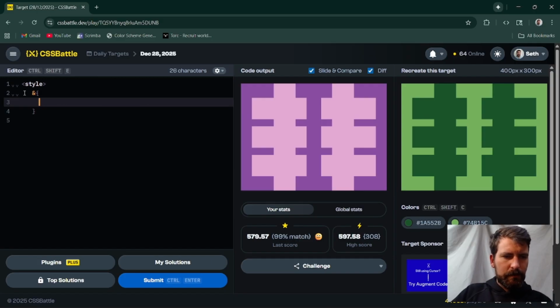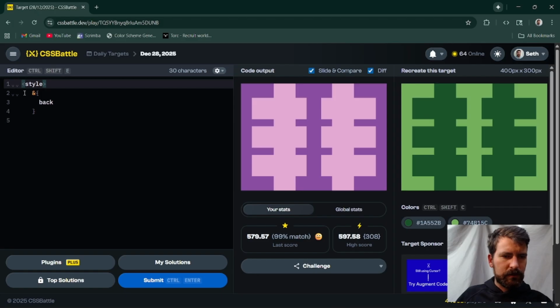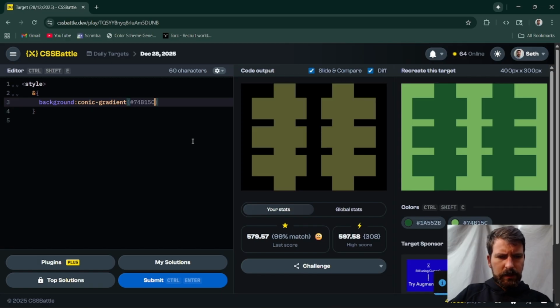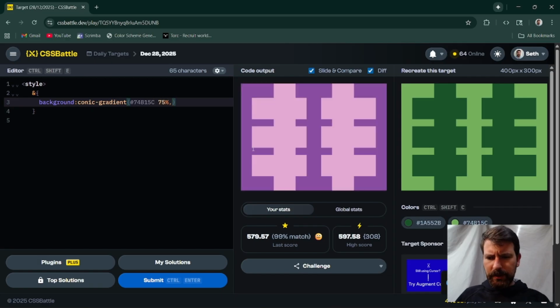So, background. I just wish the cursor would stay where I left it. How? I didn't click anything. Okay, background. Conic. Right? Conic gradient. We spelled that right. We're going to make this central cross piece. So we need to go light green 75%. 75%. We're going dark green